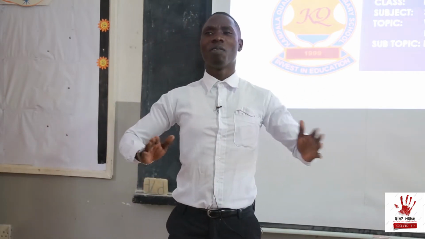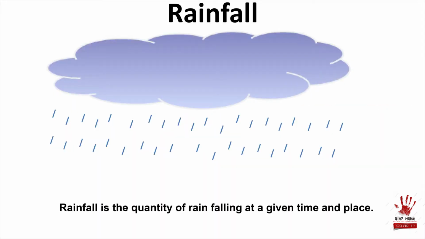Now, before I go to what I'm going to teach you today, I can remind you a little about the previous lesson. Remember, we were talking about rainfall. Do you still remember the meaning of rainfall? Can you please say it? Oh, good. Now, we said there are 3 types of rainfall, and these 3 types of rainfall get their names according to the places where they are received. One is